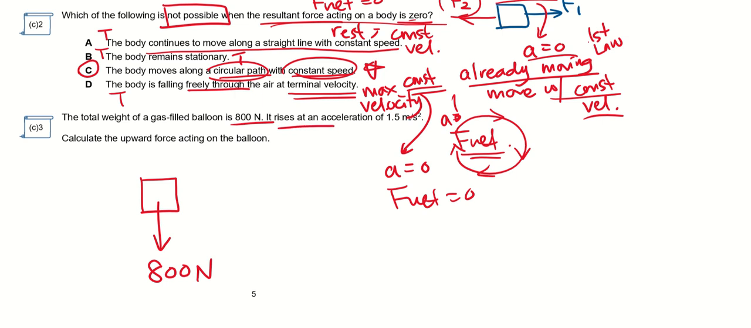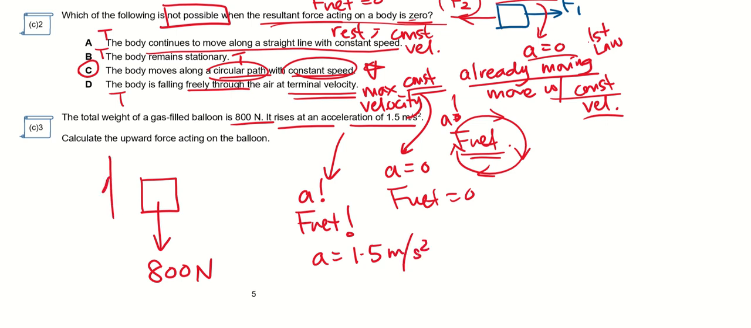It rises at an acceleration of 1.5 meter per second square. By now, you would have been able to think of whenever there's acceleration, there's going to be Fnet. Okay, whenever there's acceleration, there's going to be Fnet. Okay, and the value of acceleration is 1.5 meter per second square, and the direction is actually upwards, right? Because it says it rises. But now here's a problem. The formula is Fnet equals to ma. We have this value of acceleration. We do not have Fnet, we do not have the mass, which means we can't solve this problem. But wait,